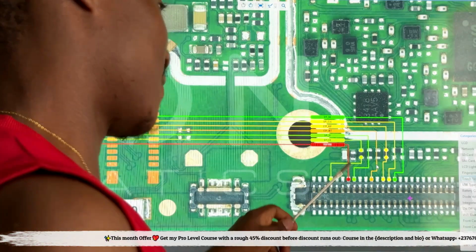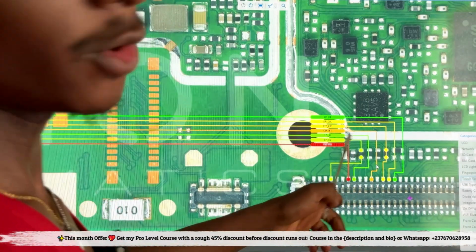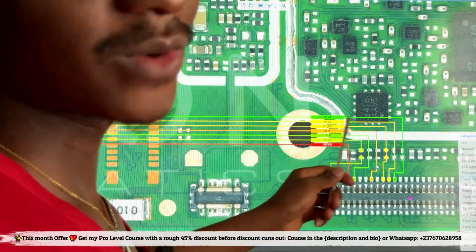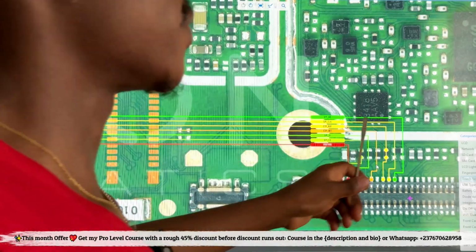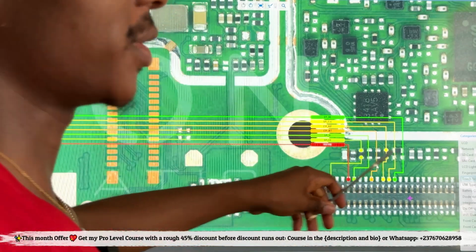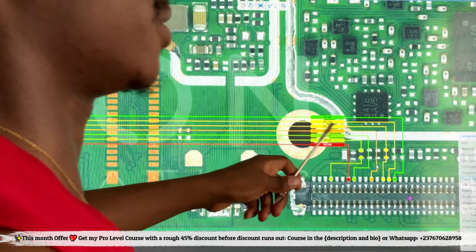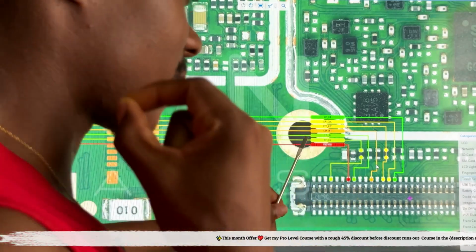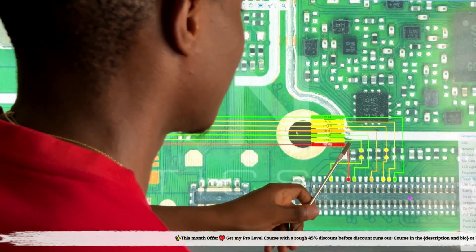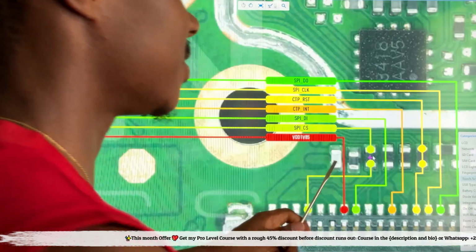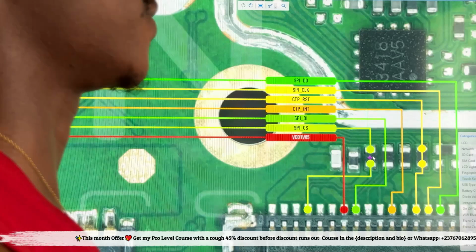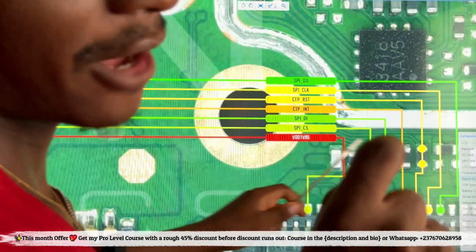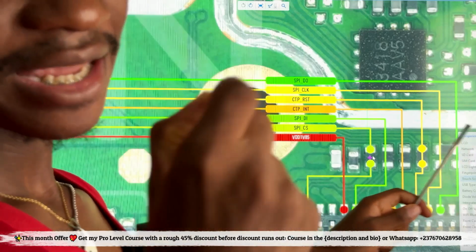I know a lot of you guys have been seeing this on a schematic diagram, but you don't know what all these names, all these lines actually mean, or how you can test these lines. Or you just know that, okay, you need to test the diode reading, because I have talked about diode reading in my videos a lot of times. But how can you actually test all these lines? For you to test all these lines, you need to know the functions of these lines. You need to know that these lines don't need to have a diode reading only, but they need a power